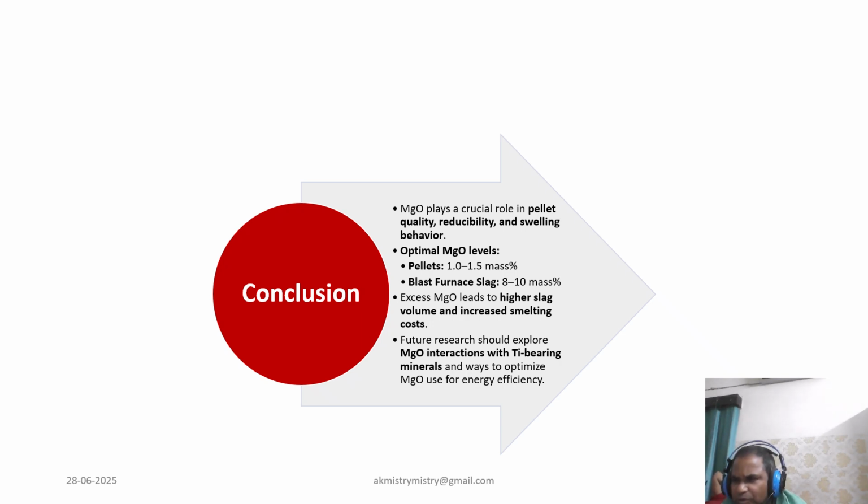efficient furnace operation. These findings provide valuable guidance for improving pellet design and slag management in industrial